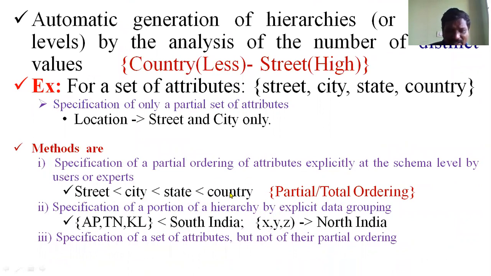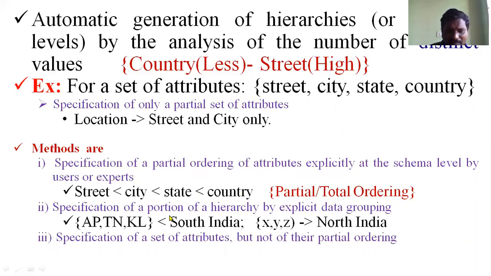In the concept hierarchy, the country is the highest level. Here the street is the lowest level of information. The state consists of n number of cities. For example, Hyderabad city and Nalgonda city are all considered as one state here, Telangana. And then Telangana, Andhra Pradesh together form the country, India. In this way we form that. This is a hierarchy.